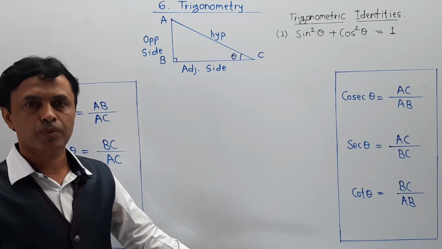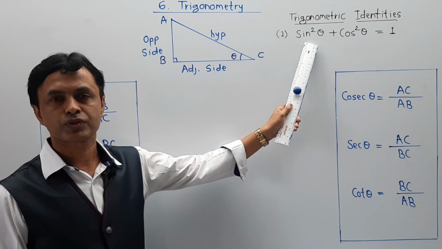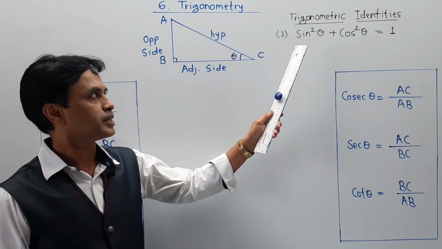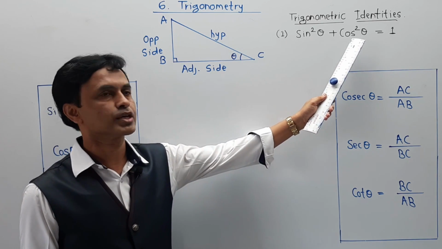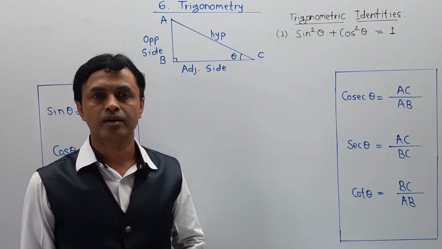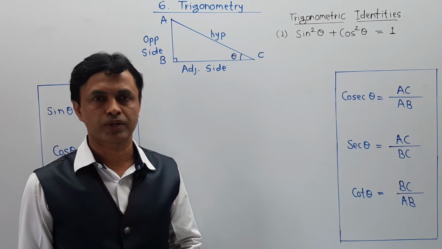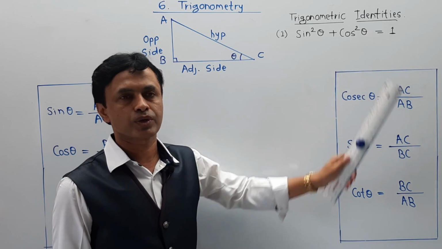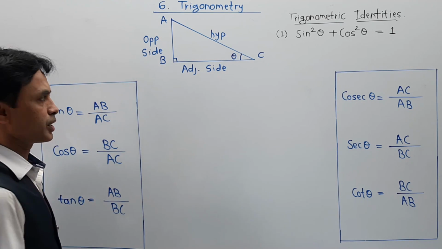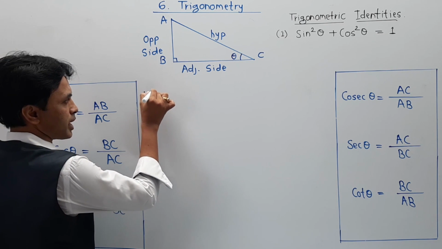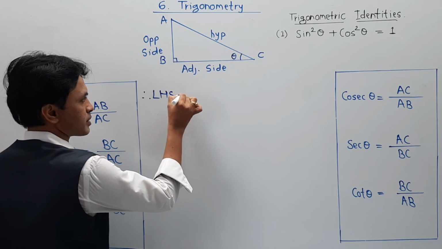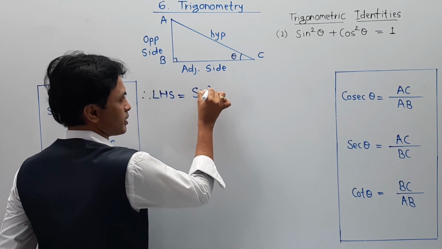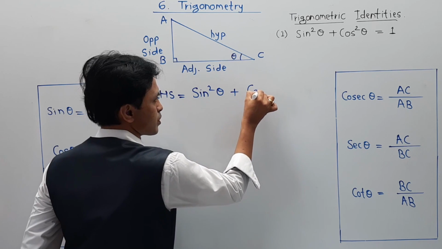We have written all these properties so that we can check the first, second and third fundamental identities. Among them, the first identity is sin square theta plus cos square theta is equal to 1, and we are trying to find how this proof comes. So as per this identity, LHS is sin square theta plus cos square theta. I am writing that part over here: LHS, that is sin square theta plus cos square theta.